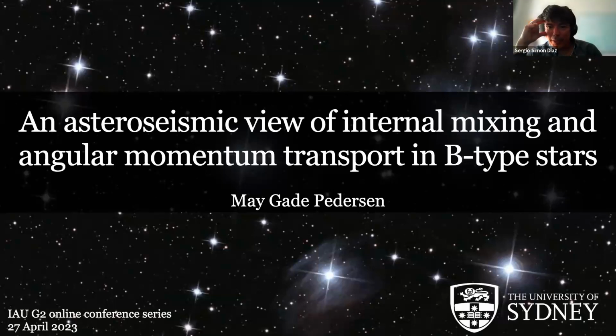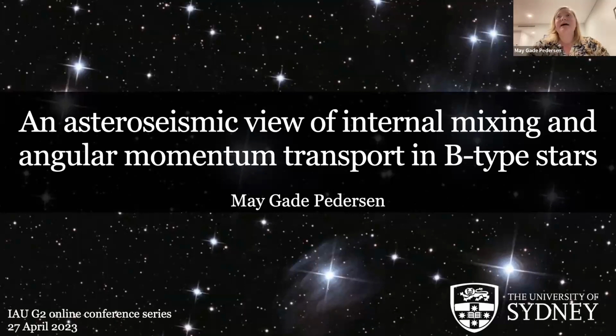I have a curiosity myself related to this question by Dominic, related to the available observations, because Kepler was great. TESS is also great, but the number of targets with a long enough time span is limited. So what have you learned about the minimum time span that you need to have good measurements of these period spacings, and do this kind of studies?